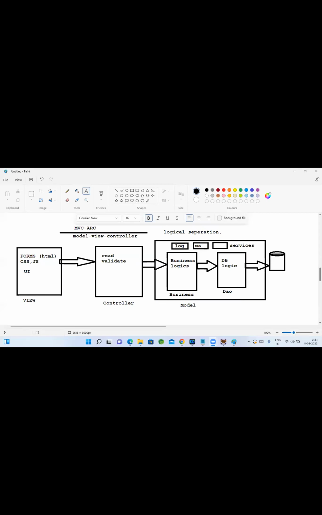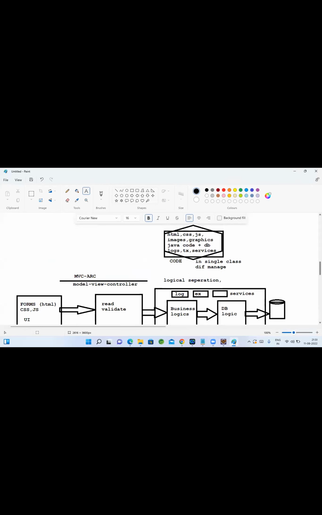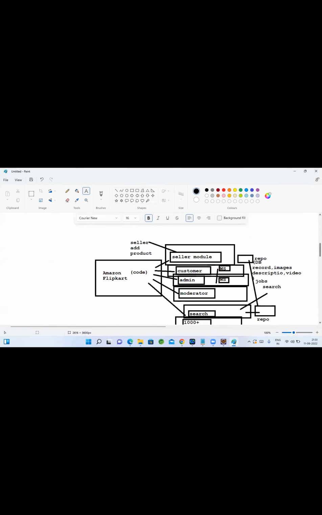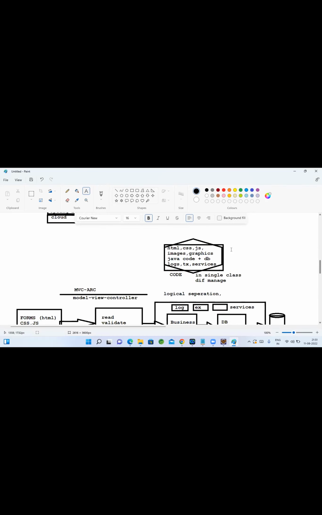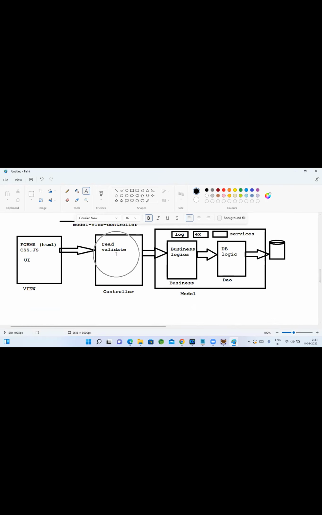Okay, so we are here. We are discussing that when we build any module, using any technology, EJBs or whatever it is, instead of writing everything in a single component, we code it as separate layers, a controller layer and a model layer.